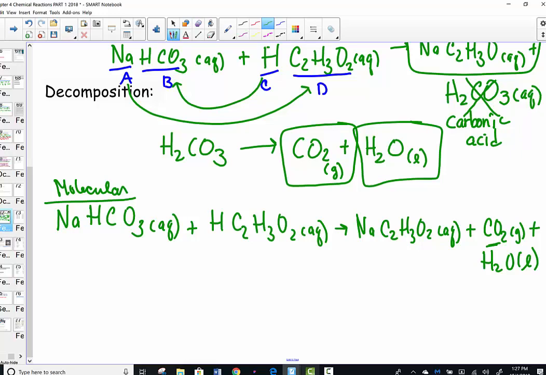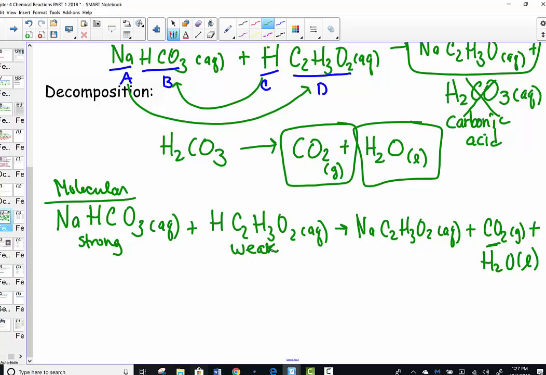Sodium acetate is a strong electrolyte. It's water soluble. Acetic acid, vinegar, is that one of our 7 strong acids that we're working to memorize? I see you're shaking your head. Nope, that's not on the list. So that's weak,